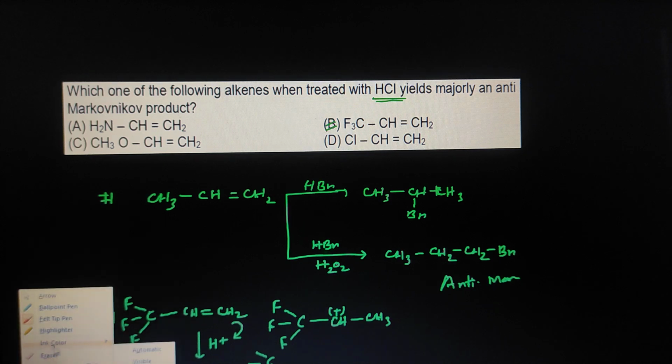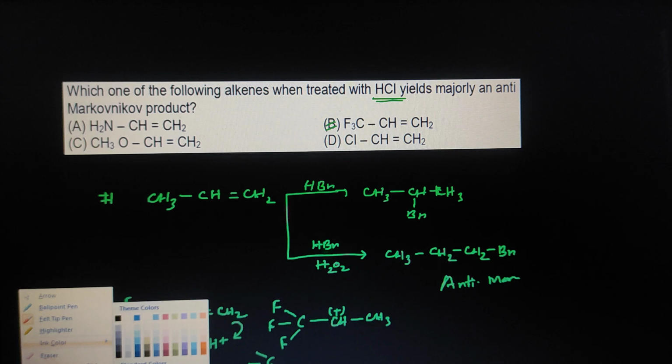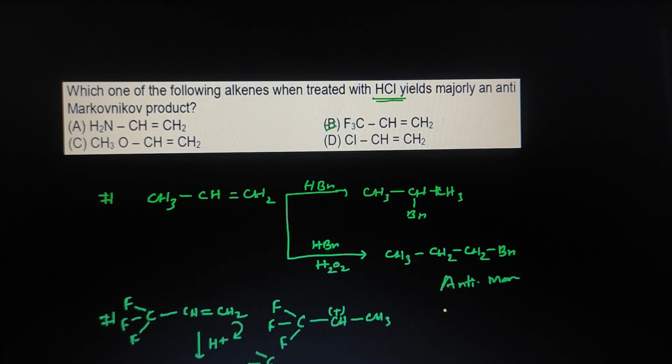But if this carbon is attached with hydrogen and the carbocation is formed on this side, this is 1 degree and this is 2 degree. According to the stability concept, 2 degree is more stable than 1 degree, but here